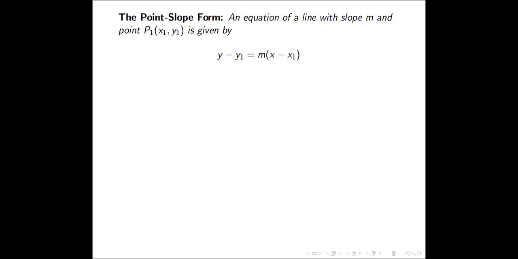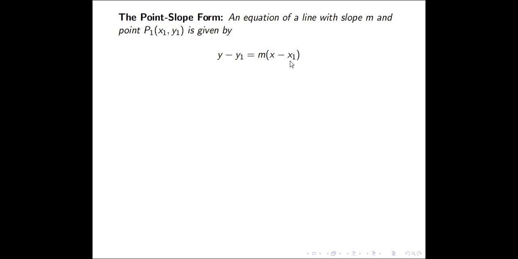So let's start with the point slope form. From the term itself, we know that in this particular form of an equation of a line, the equation itself contains a point on the line and the slope of the line. Suppose we are given an equation of a line with slope m, and a point on the line. Call that point P sub 1 with coordinates x sub 1, y sub 1. Then we can immediately write down its equation in this way. y minus y sub 1 equals m times the quantity x minus x sub 1.